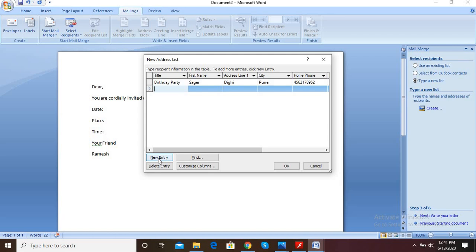When you go to the next line, by default the cursor is there. You have to just write your data. All the data you are writing is the same, just first name, address, phone number, city. These two three fields you have to change.